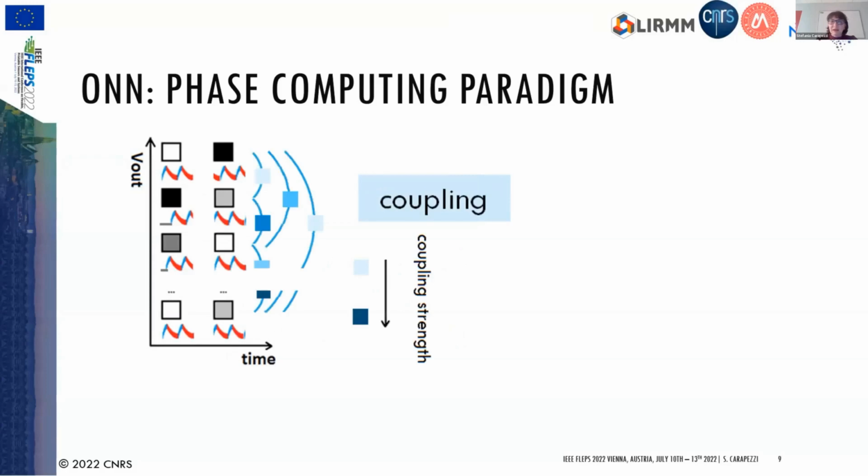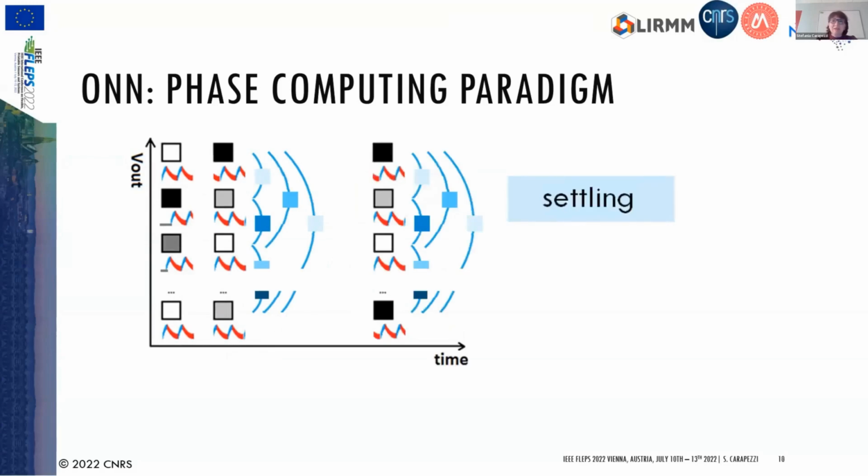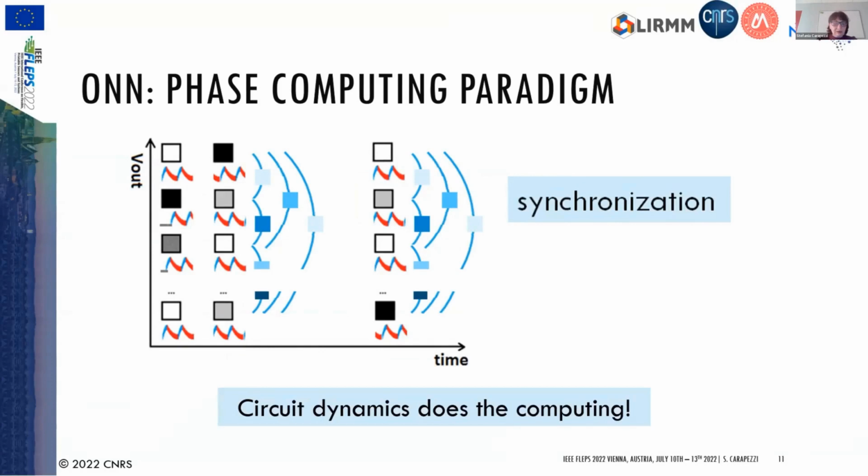Then at a certain time, you couple all the oscillators together. They start to interact, and after a certain time, if any, a synchronization state is achieved. Such a synchronization state is the outcome of the computation. As an easy example of application, you can imagine applying ONN, for instance, for image recognition, because you can